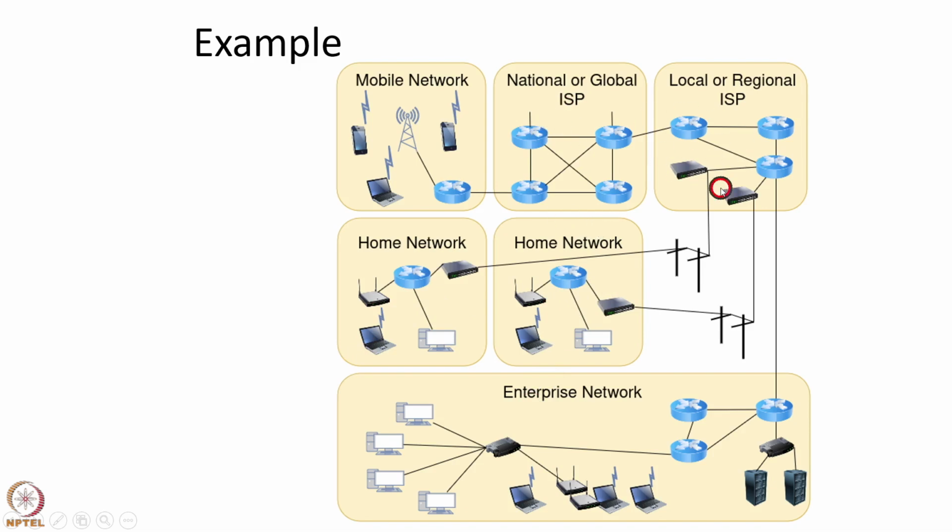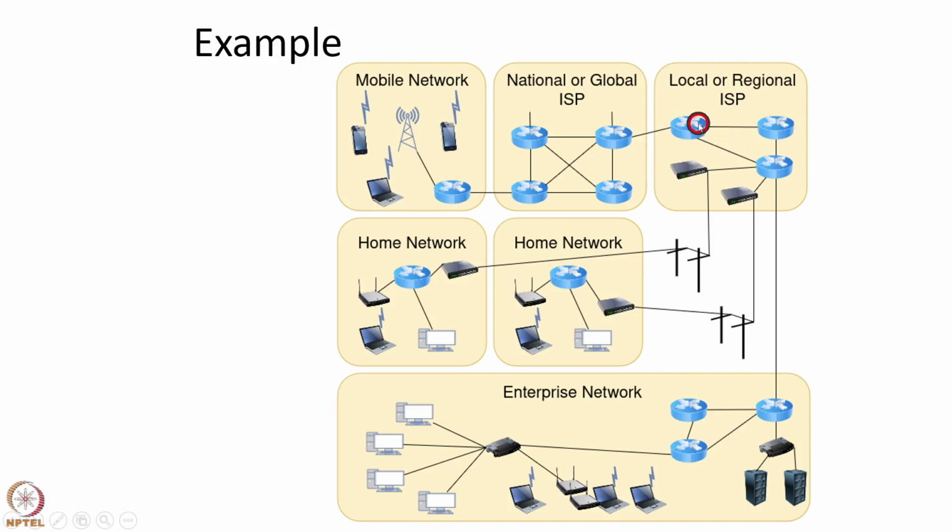This network and this network are what are known as ISP networks or Internet Service Provider networks. An ISP is a company such as Airtel, Vi, Tata Communications, Sprint, AT&T, and so on. It owns a network of a large number of routers and communication links. And these ISPs connect together different access networks and the networks to which end users connect. So we can see that this mobile network, these home networks, and this enterprise network are all connected together by these ISP networks.